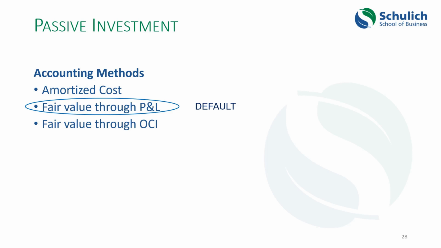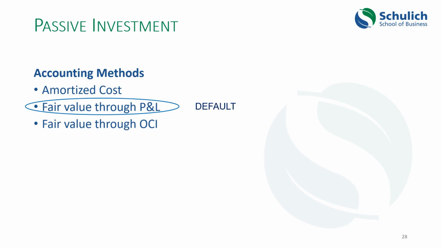So, that sounds a little bit complicated, but basically what it's doing is saying that we're going to recognize the fair value of that asset every time we publish our financial statements, but we don't want the change in that fair value to be affecting our profit and loss. So we're going to park it temporarily in accumulated OCI and not recognize it as gain or loss until the final day in which we sell that asset.